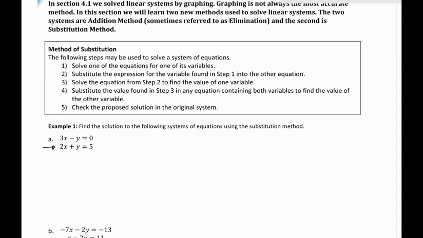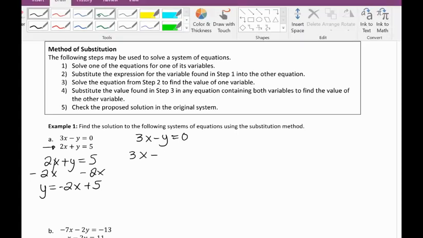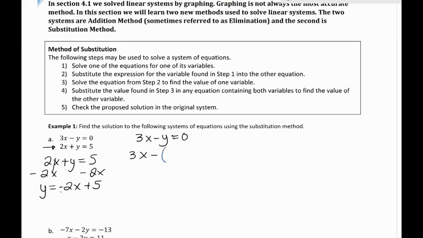That's the first step. So we have 2x plus y equals 5. We subtract 2x on both sides. So now y equals -2x plus 5. We're going to substitute that value of y into our first equation. Our first equation is 3x minus y equal to 0. So we're going to have 3x minus parentheses, and this value of y, so minus (-2x plus 5), close parentheses,